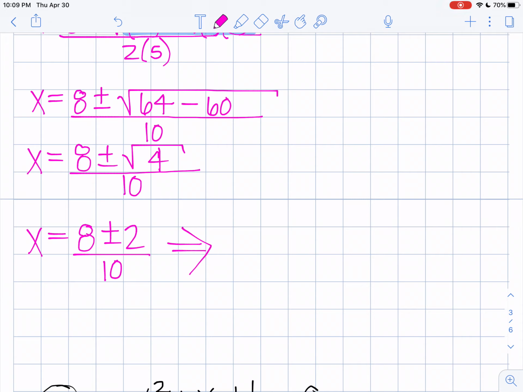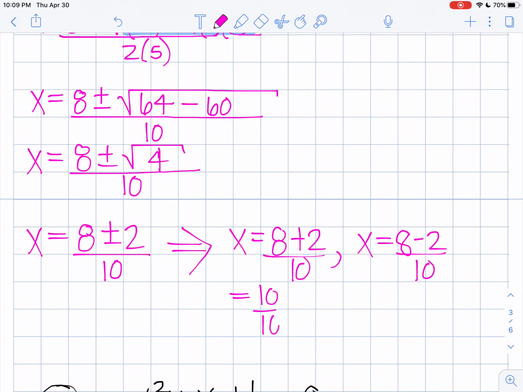So this means that x is equal to 8 plus 2 divided by 10, and x is equal to 8 minus 2 divided by 10. So 8 plus 2 is 10 over 10, and 10 over 10 is equal to 1, so that's one of my answers. And 8 minus 2